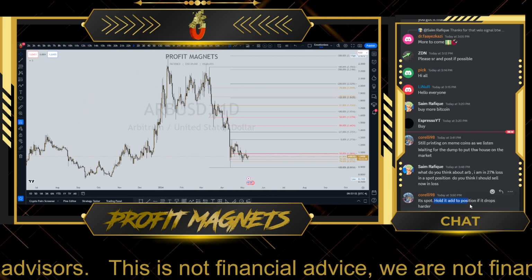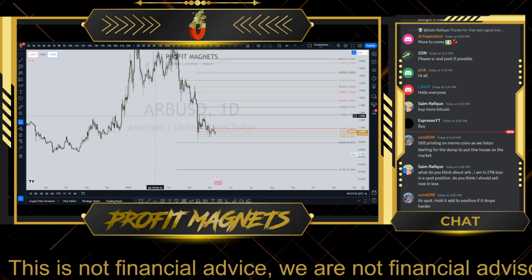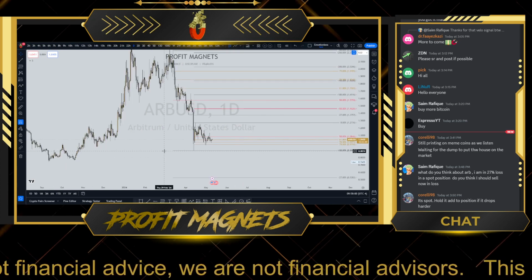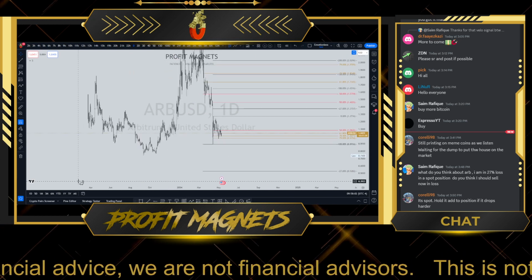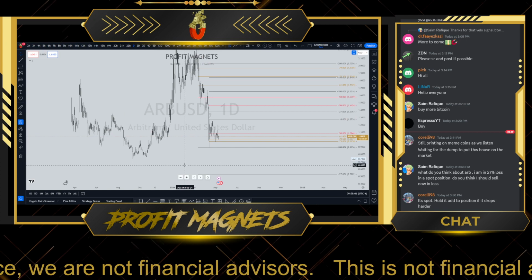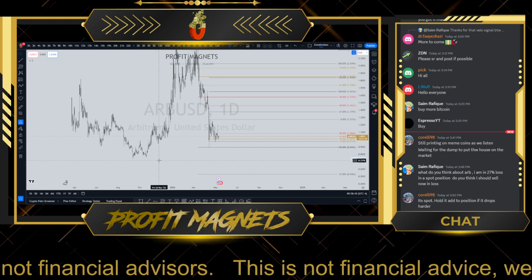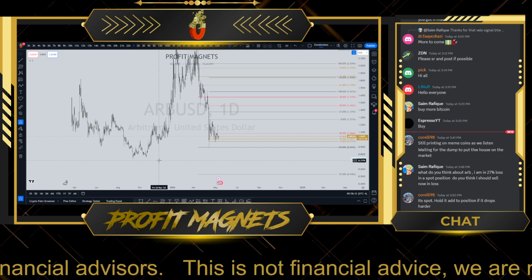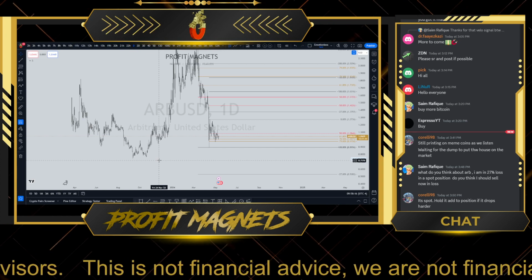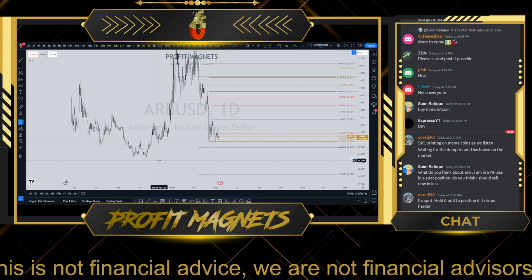whether to spot hold it or position if it drops harder really depends on how much of his portfolio is in ARB. Okay, it really depends. Also, on coins that are brand new, such as this one, guys, stay away from this stuff, man. It is the most unreliable coins that you guys are getting. You just cannot predict it. You don't know where the new all-time high is. You don't know where to stop once it starts to break the all-time high.